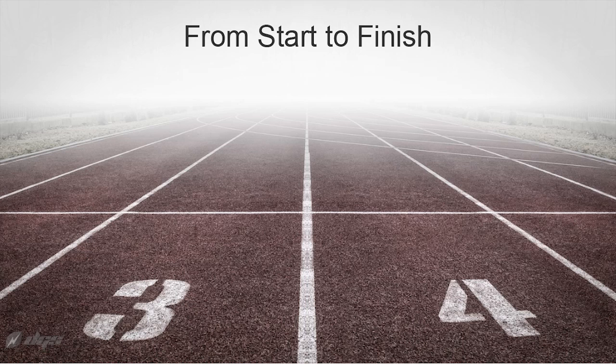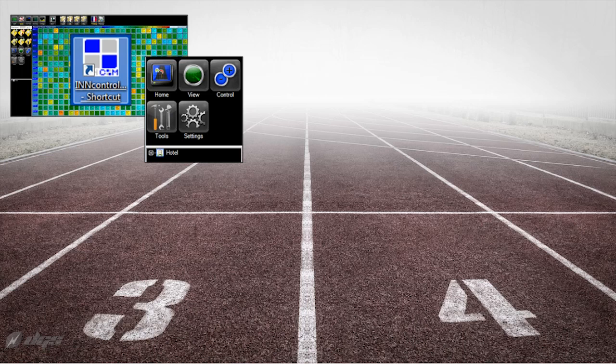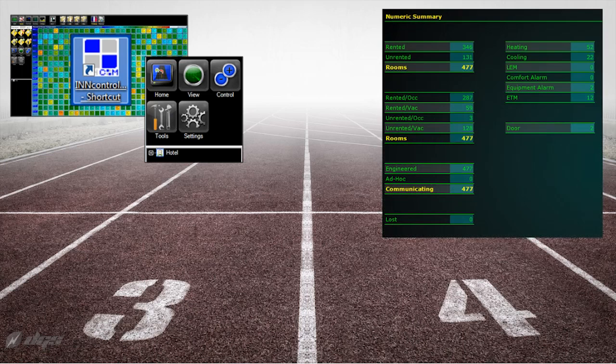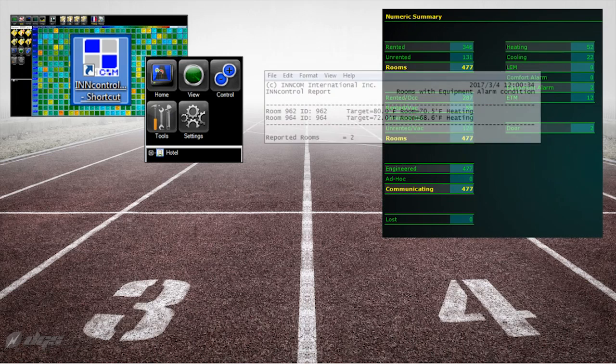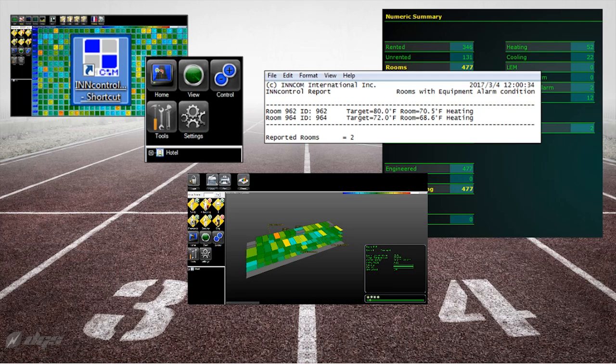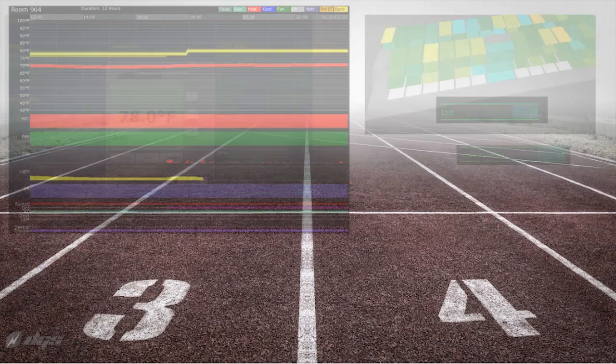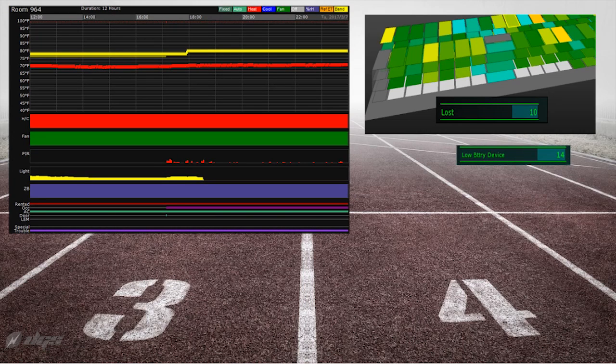Here's what you can expect to get out of this tutorial. First, we will cover how to start your INNcontrol3 workstation software. Then, I'll show you how to navigate around the application to access the key screens for maintaining your system. We will cover creating reports and how to use the building overview screens to get the big picture of your building. After exploring your building as a whole, I'll show you how to investigate and control individual rooms, including real-time and historical trend. Finally, we'll discuss some of the most common system issues and best troubleshooting steps to keep your